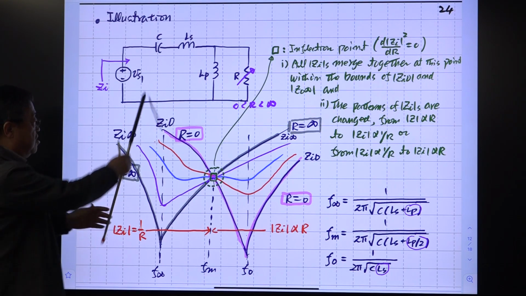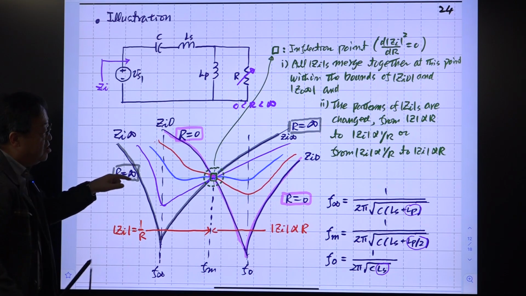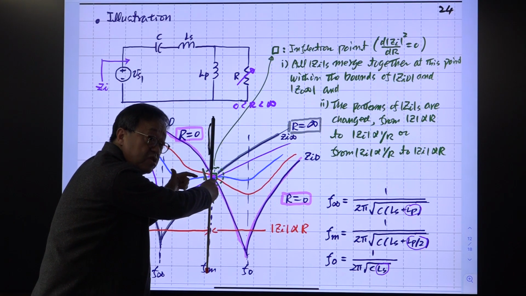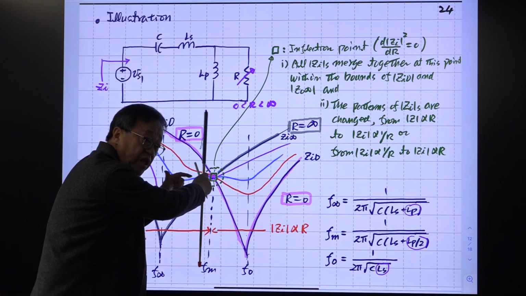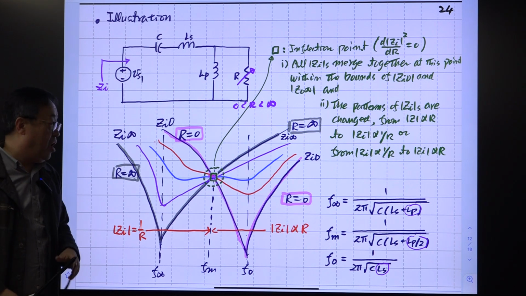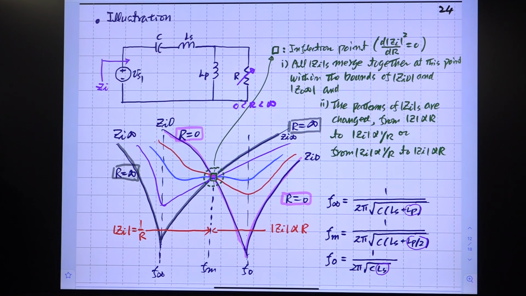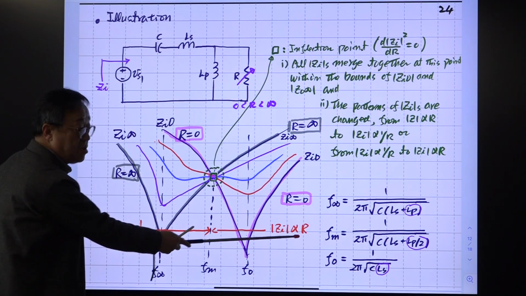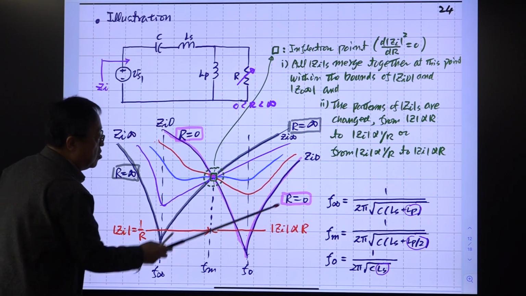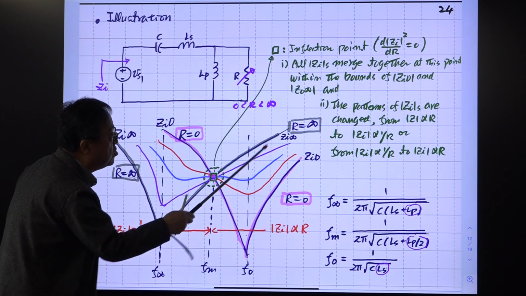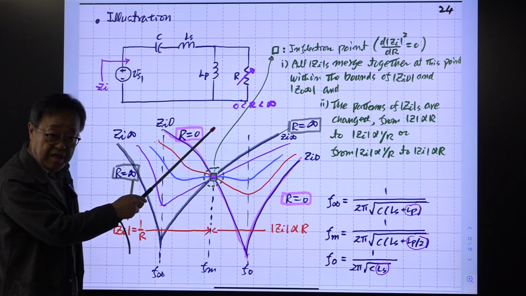It never changes this trend, and the trend is changed only by crossing this borderline, because this is the inflection point. So this is the general behavior of input impedance, right? In here, the magnitude of impedance is proportional to this R. If R becomes larger, so R is increasing in this direction, then the magnitude of this input impedance is increasing.